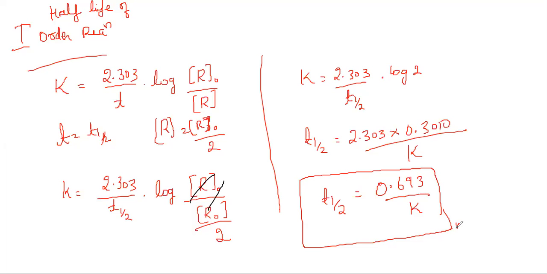That equation is very important, and we will be having numericals on that equation also. Is that clear? Okay, so this is about the integrated rate equations of zero order and